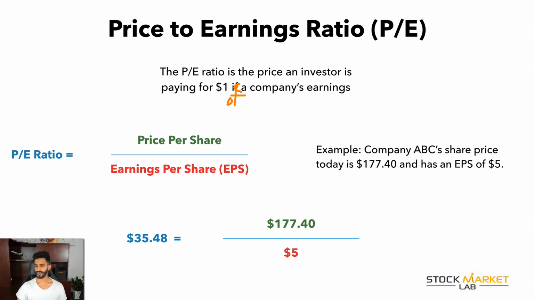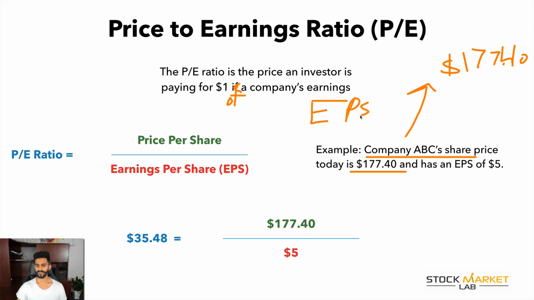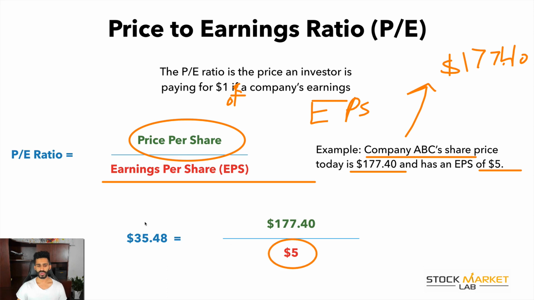Now, for example, let's say we go back to company ABC. Let's say company ABC's share price was or is $177.40. The EPS we got in the last slide was 5. So all we do is we divide the price per share by the EPS. So we need the EPS for this. So we get $35.48. This is what a lot of investors use to basically analyze a company very quickly, so